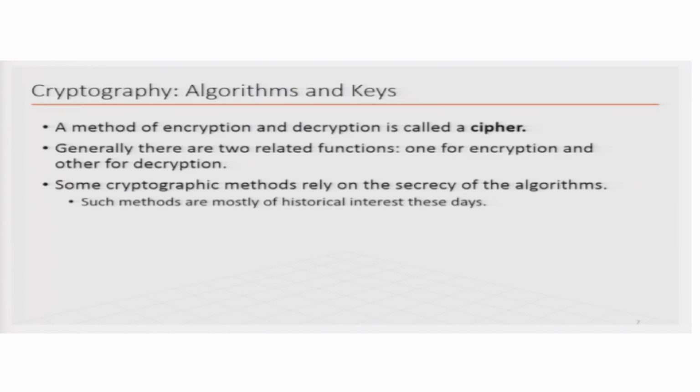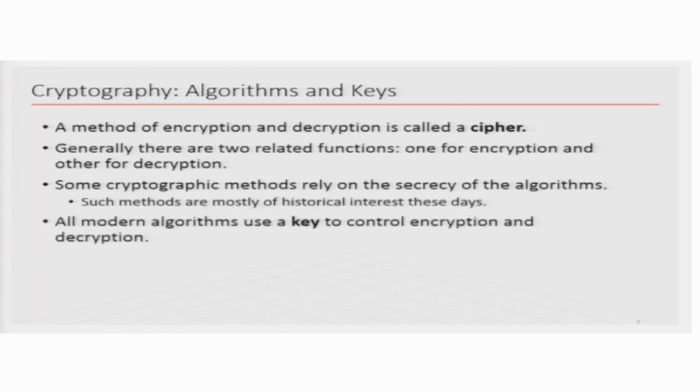And without knowing the algorithm that the Germans were using, they had to actually come up with the algorithm that is being used, and then they had to figure out how to reverse it, and that is how they actually broke the Enigma code. But nowadays, we do not keep the algorithm secret, because keeping an algorithm secret is quite difficult. So, we have to use some other method to keep the secrecy, and that is where the idea of